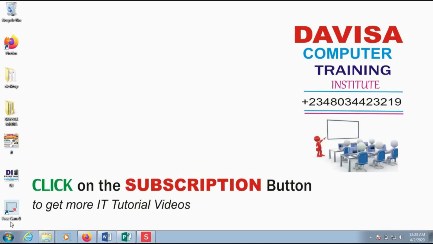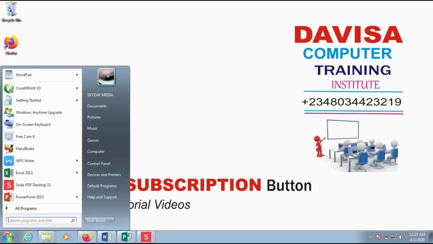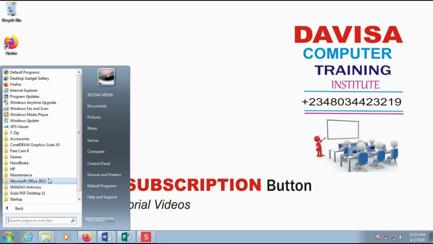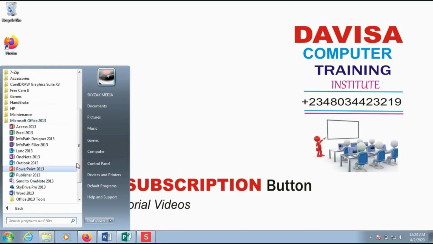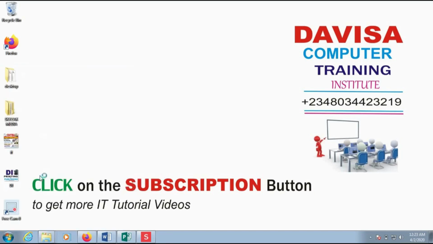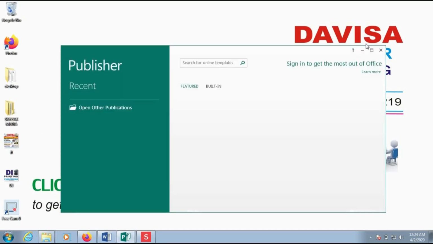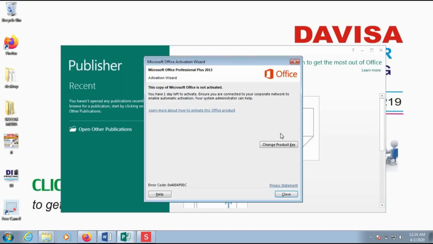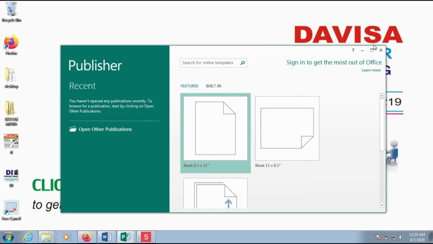Alright, to run MS Publisher, simply move the mouse, click on this button here, just follow the mouse pointer on the screen, click on this button, then go to all programs, move down to Microsoft Office. I'm using Office 2013, click and select MS Publisher as Publisher 2013, click on it, and it will come up. You can maximize it. Okay, now having done that,